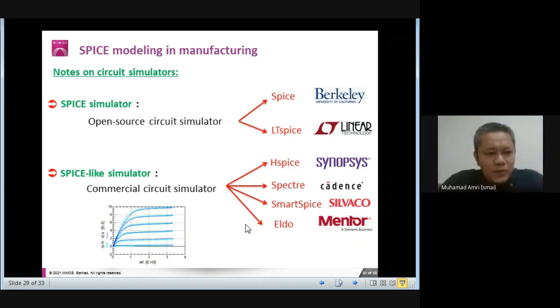These are some notes on the circuit simulator related to SPICE format. We can divide it into 2, which is SPICE simulator and SPICE-like simulator. Original SPICE simulator is referring to the open source circuit simulator such as SPICE from Berkeley and LTspice from Linear Technology. These are freeware which can be downloaded from the internet and can do a lot of meaningful circuit simulation work. On the other hand, there is also the so-called SPICE-like simulator, which is referring to the commercial